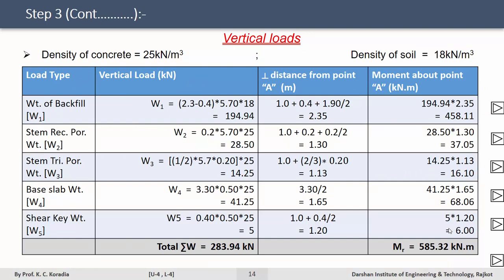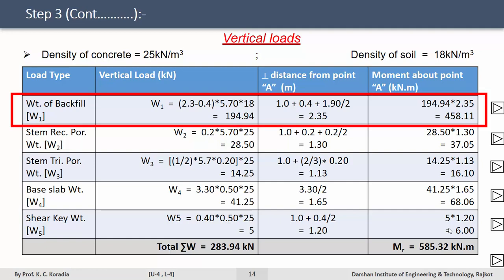Now, we will calculate the vertical loads acting on retaining wall. We will consider the density of concrete as 25 kilonewton per meter cube and density of the soil, which is given as 18 kilonewton per meter cube. First of all, we will calculate the gravity load of backfill, which is represented by W1. Here, width of heel slab